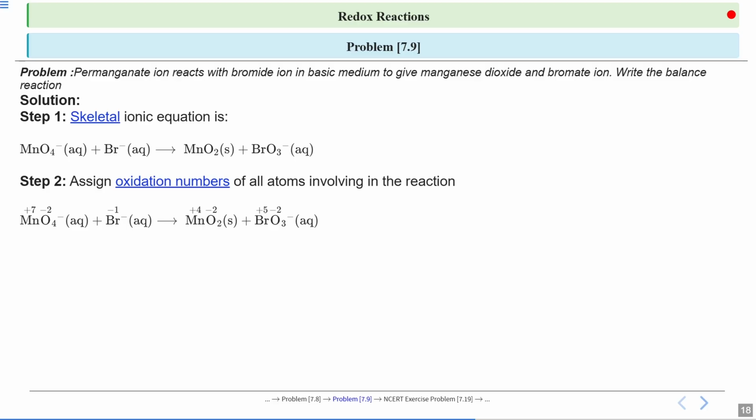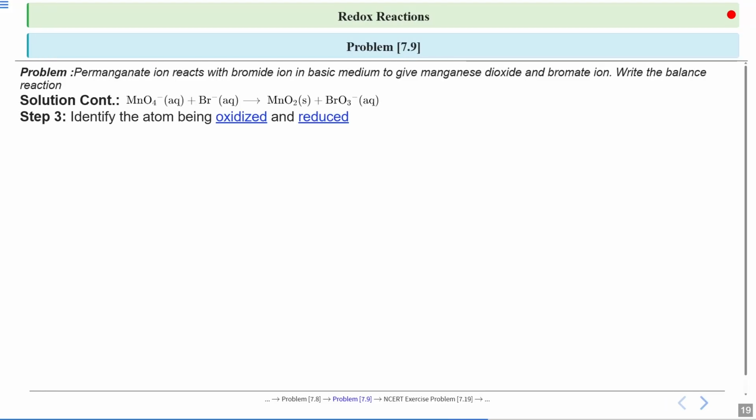So in step 2, by writing the oxidation number to all the atoms involved in the reaction, we get the chemical reaction as MnO4 negative with the oxidation number +7 for manganese and -2 for oxygen. For bromide it is -1, and in the product it would be +4 for manganese, -2 for oxygen, and in bromate ion it would be +5 for bromine and -2 for oxygen. Moving ahead,